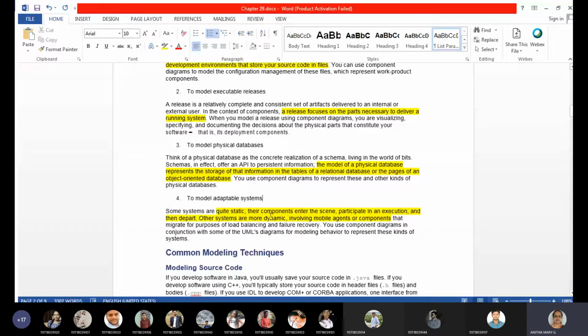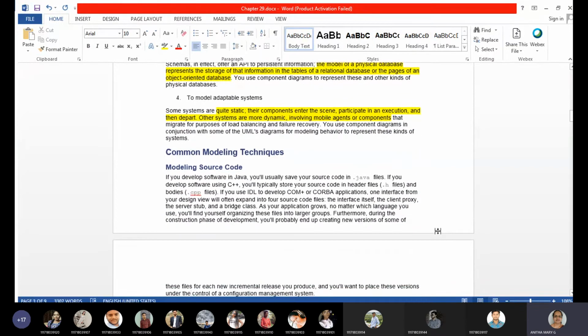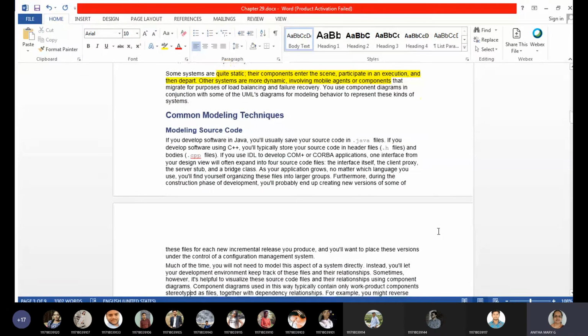Other systems are more dynamic, involving mobile agents or components that migrate for load balancing and failure recovery. So this can exist as either static or dynamic. Let's see all four of these uses in common modeling techniques with examples. The first one is modeling source code.